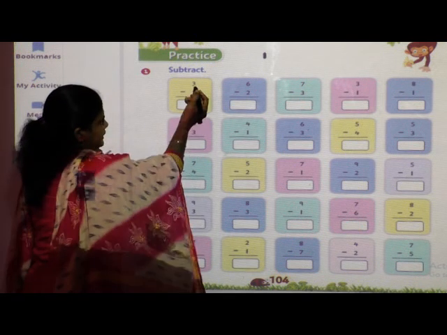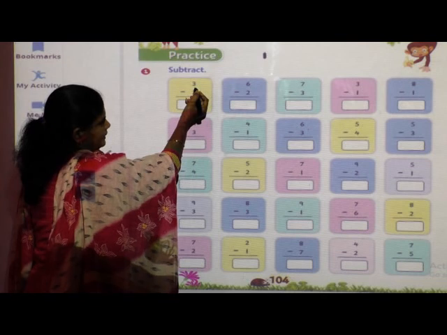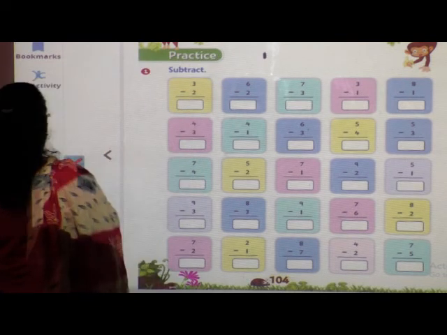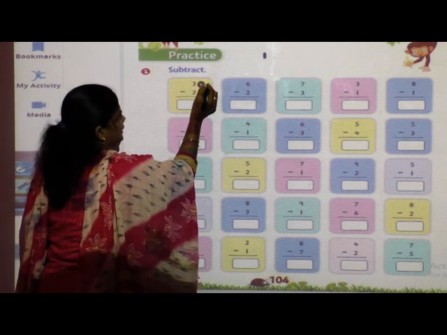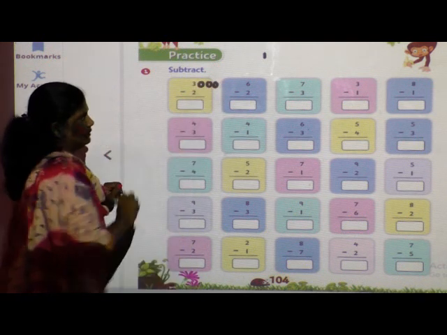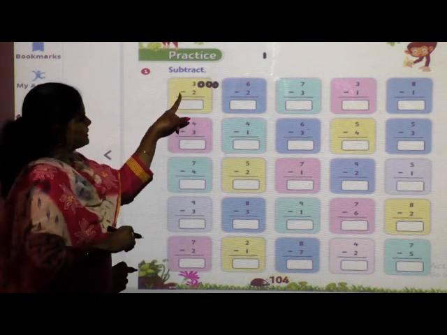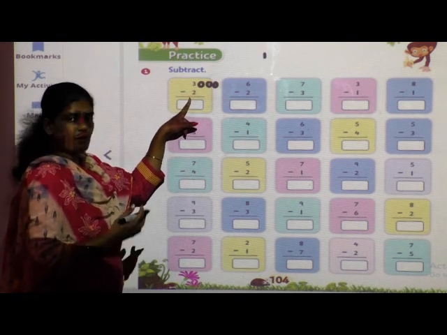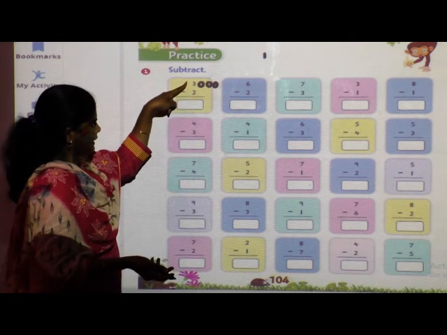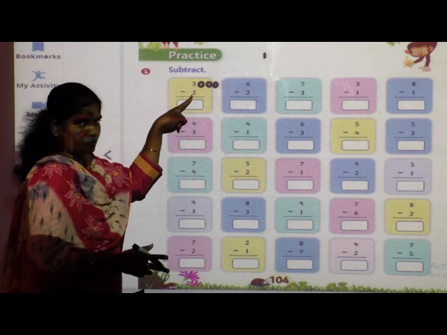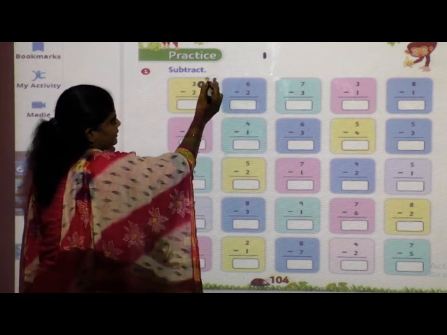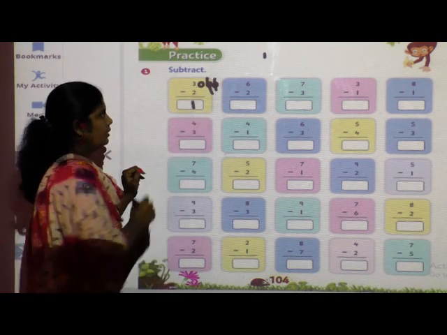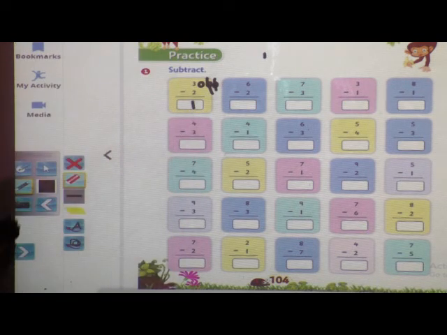So here, can you see the number? Yes, 3. In front of 3 what will we do? We will draw 3 balls. Then downside here the sign is minus, and here the number is 2. So what we have to do, from this 3 we have to cut this 2. So here we will cut 1, 2. How many remain here? 1. So we will write here 1.